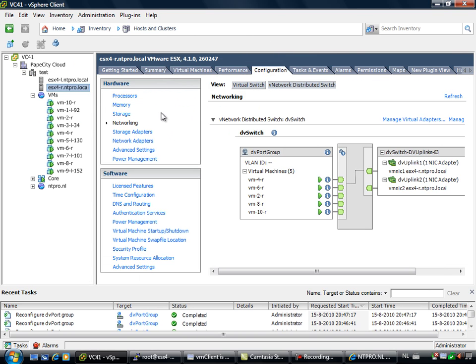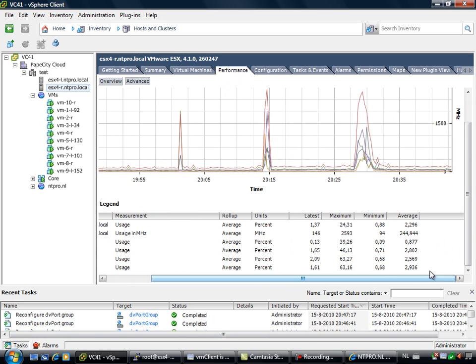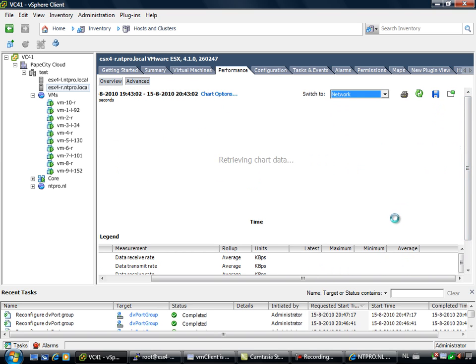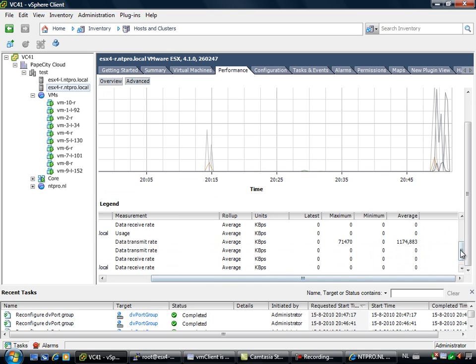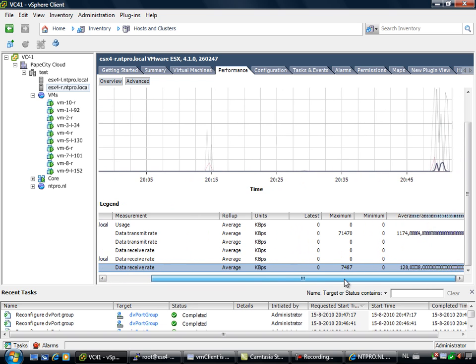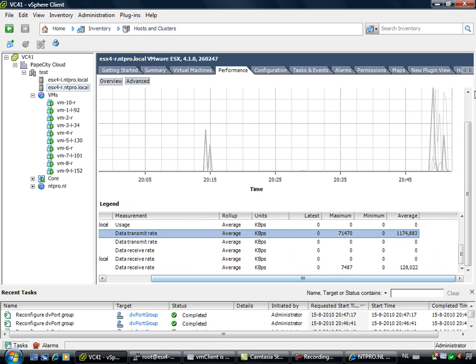Okay, performance, network, and we did VMNIC 1 and VMNIC 2. So VMNIC 1 is right here. It's not very heavily used. VMNIC 2, you see some